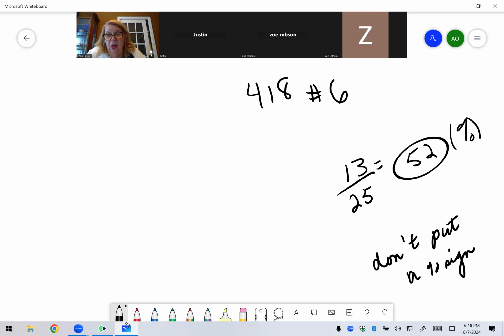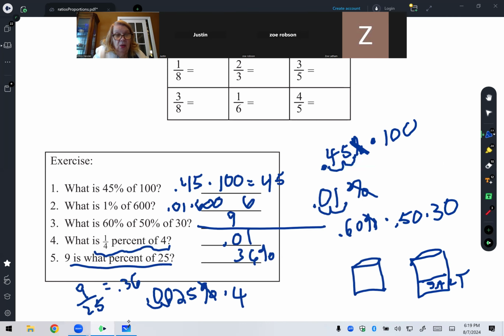So Zoe Latham, are you good with this? Yeah. Good, Zoe Robson. Yeah. And Justin. I'm good. Okay, good. Let's go on to the next page. There are going to be some, but I mean, I'm just trying to build up. So now